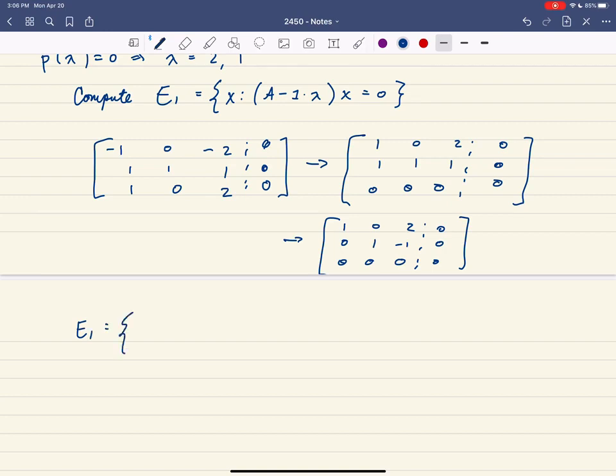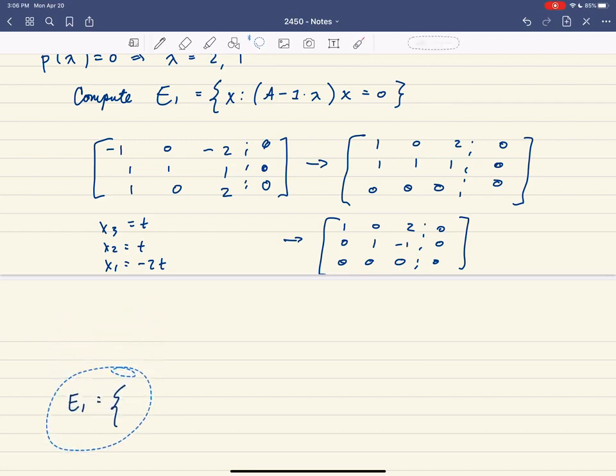Let's see how to parameterize this. Let's let x3 be t. And then x2 is going to be t, and x1 will be -2t. Because remember, the way that I'm doing this, I think this is worth just remembering, because we've done so much